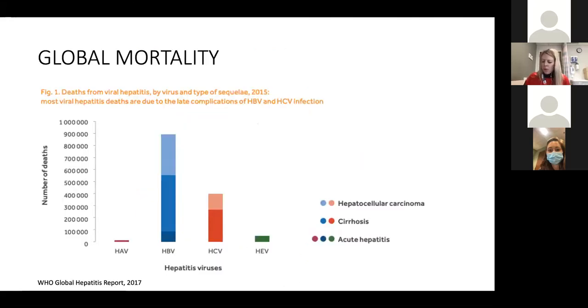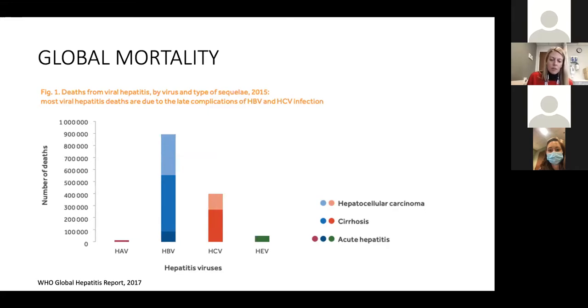And there's also a problem in terms of mortality. So this is not just a chronic disease that people do not suffer problems from. There's quite a high burden of mortality related to viral hepatitis, with an estimated 1.34 million people dying of viral hep in 2015. The highest number of deaths, as you can see in the blue bar here, is due to